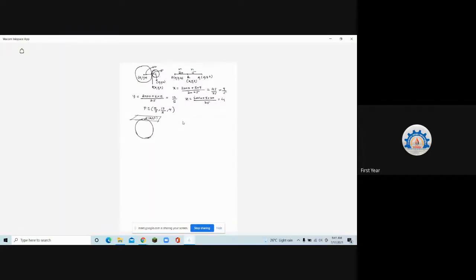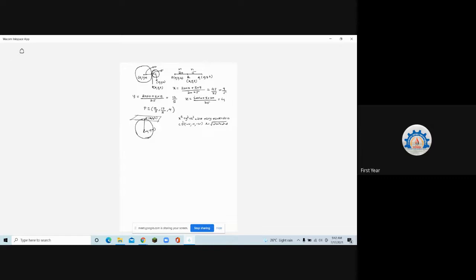Okay. So what we have got is this sphere. Can you see now? This is x1, y1, and z1. That's your point. The equation of the sphere is x square plus y square plus z square plus 2ux plus 2vy plus 2wz plus d is equal to 0. The center of this sphere is minus u, minus v, minus w, and the radius is root of u square plus v square plus w square minus d. So when I draw this line, the center is minus u, minus v, minus w.